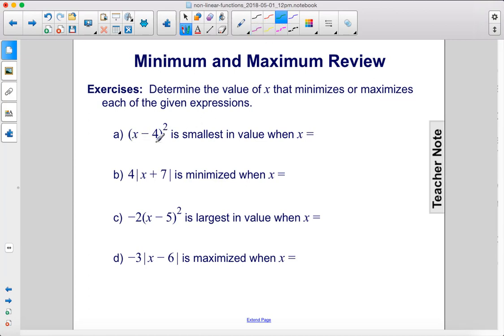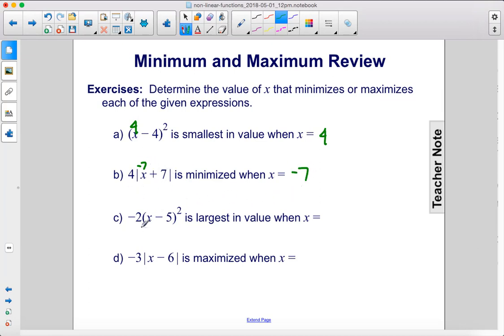Alright, so (x - 4)² is smallest in value when x equals 4. When x equals 4, 4 minus 4 is 0, and that is the smallest value that this can be. Here, 4 times the absolute value of (x + 7) is minimized when x equals negative 7. When this is negative 7, this cancels out to 0, and this whole thing is 0, so the answer is